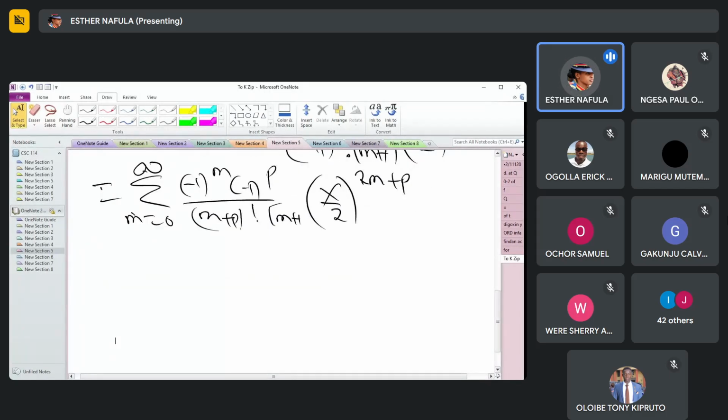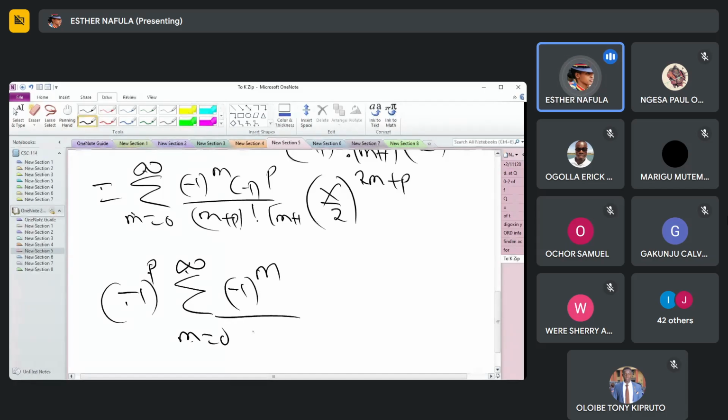Let's factor out the minus 1 to the p. Let's have it outside the summation sign. Minus 1 to the p, summation from m is 0 to infinity, minus 1 to the m divided by m plus p factorial gamma of m plus 1, x over 2 raised